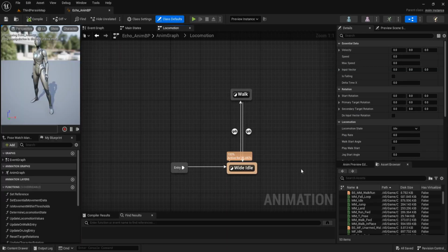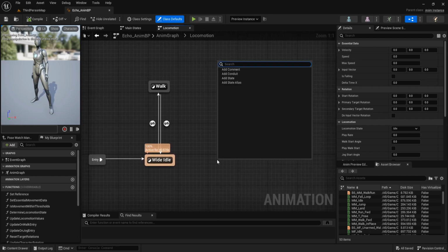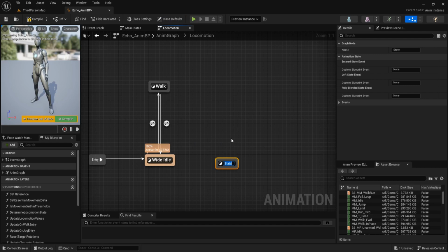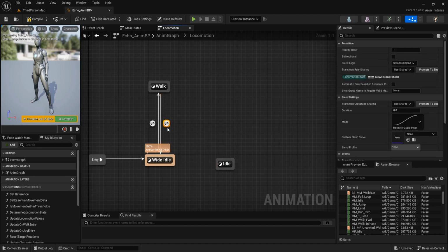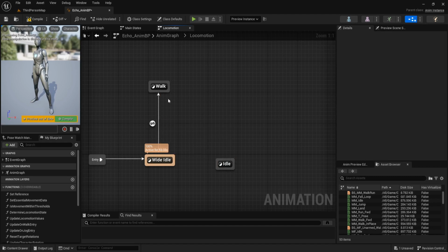We create the stop walk animation by add state. Name is idle. Delete this transition back to the idle, and then connect this walk to idle and transition back to walk.